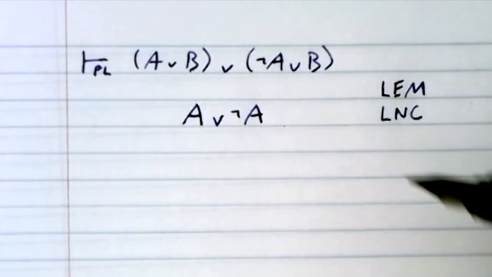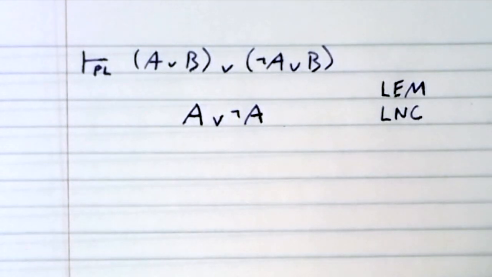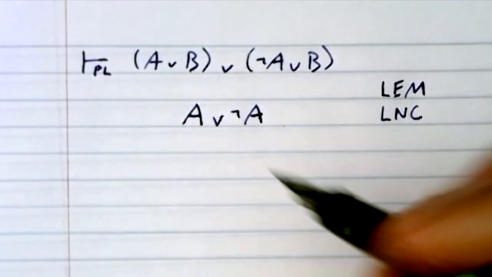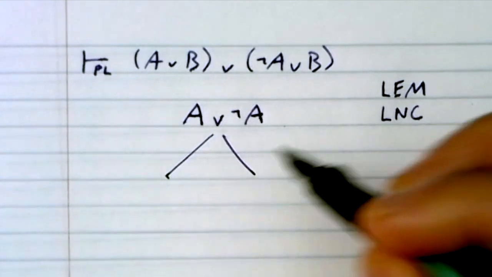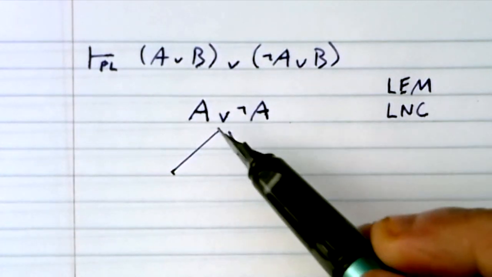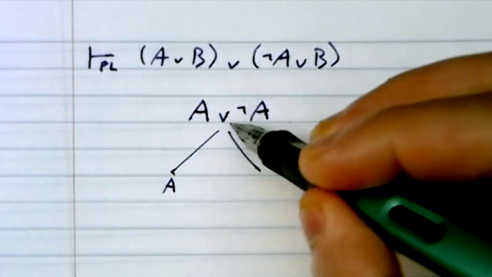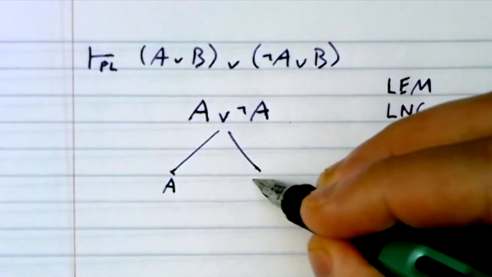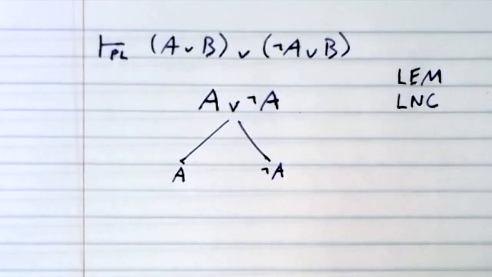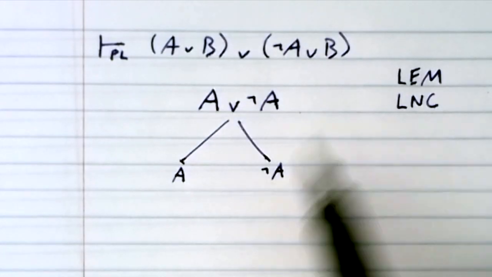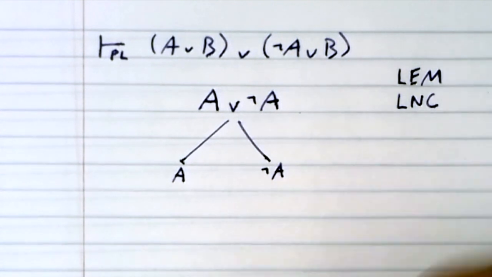Now you might be like, why? A lot of the time, there's no point. Here there's a point though, because what do you do with ors? You branch. On the one hand, one way for this to be true is for A to be true. The other way for it to be true is for not A to be true. And so those are the two ways any world could be with respect to A. There's the whole space of possibilities.